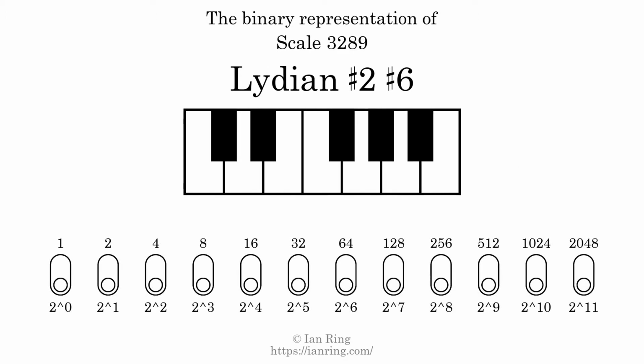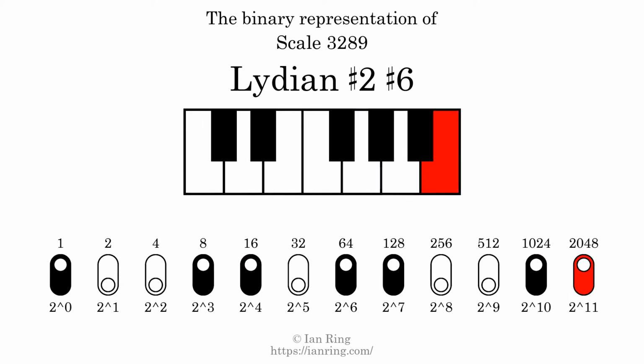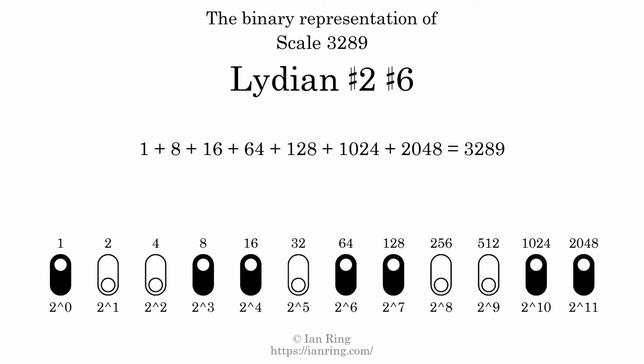The binary representation of this scale is determined by mapping tones of the scale to binary digits. Each binary digit represents a power of 2. To get the scale number, we add the powers of 2 together. The powers of 2 that are present in the scale, all added together, equals 3289. That is why the scale number, in decimal, is 3289. The scale number not only enumerates the scale with a unique index, but it also literally describes the tonal content of the scale. Represented as a binary number in base 2, the scale number is